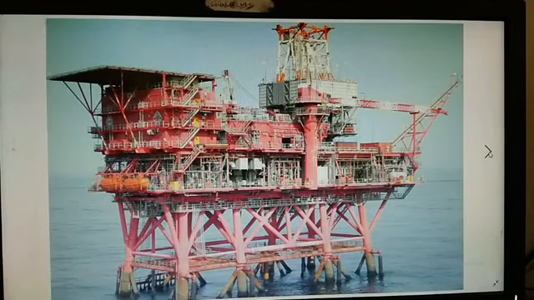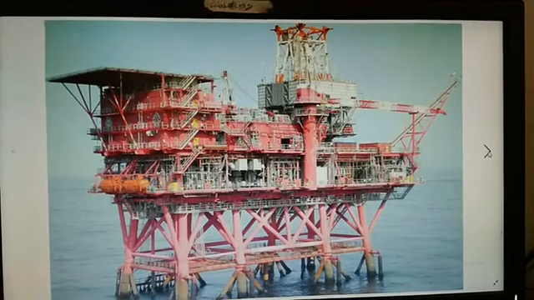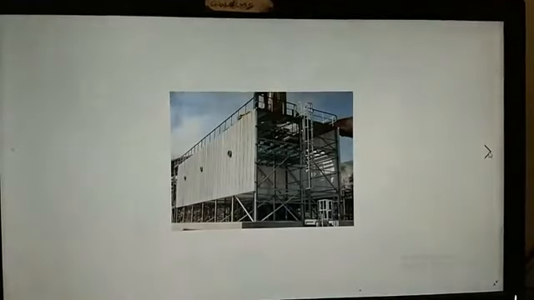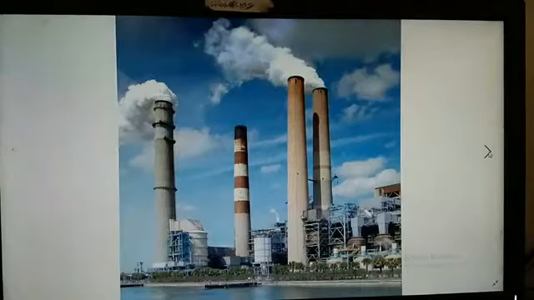So you can see, right? So it's an industrial steel plant. So you can find here it's a chimney, steel chimneys, where it is emitting industrial fumes.